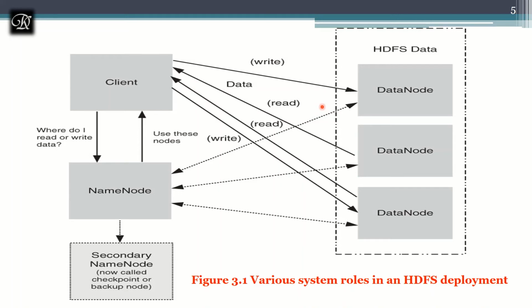And the client will perform the assigned read write task. Whatever operation you want to do, the client is going to take care of the read write operation from the data node. If this name node fails, as I told, this should not be a centralized system where, when the name node fails, the complete system comes down. It should not happen. That's why in 1.0 they have given a secondary name node. As I told, now in 2.0 and later they have renamed it to different names, but the job of them is the same.